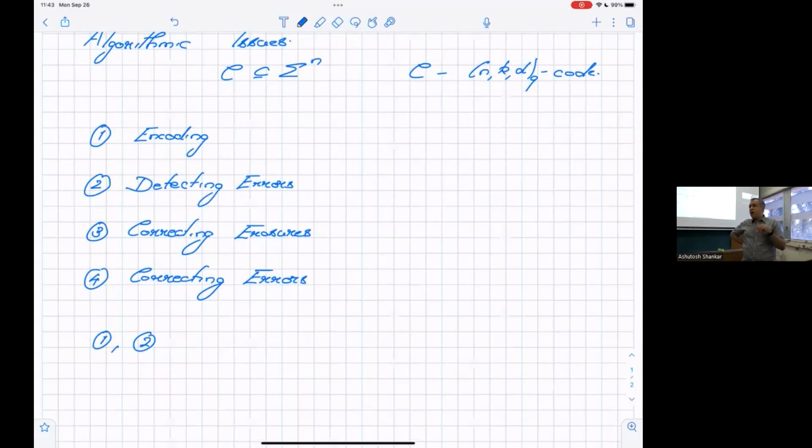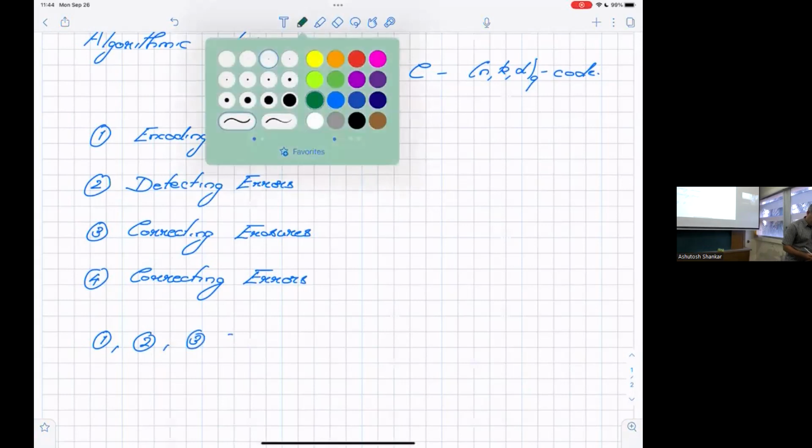Basically, you have to ask how many erasures you can correct. For this one, you look at the generator matrix times the message, and you're asking if the system can be solved. It can be solved if the number of erasures is strictly smaller than the distance. So once again, 1, 2, and 3 are easy